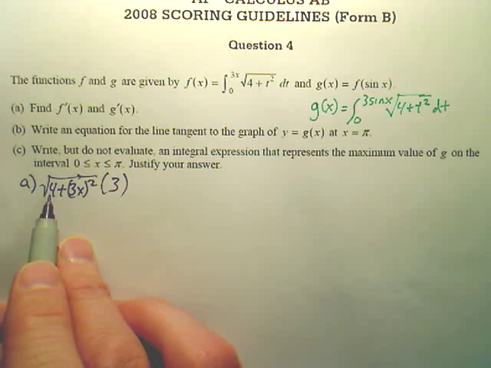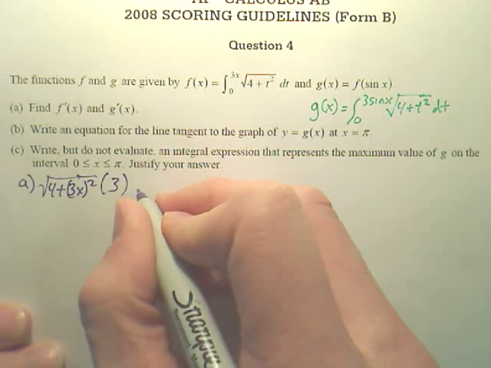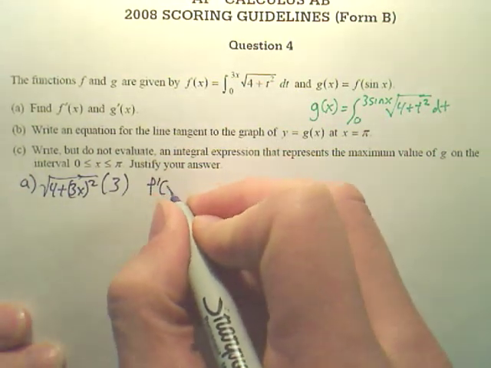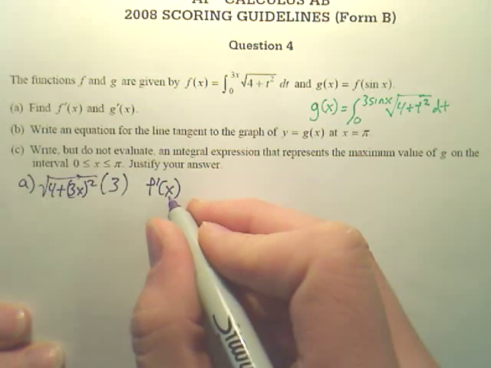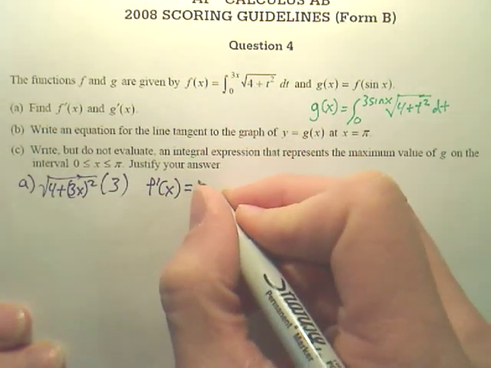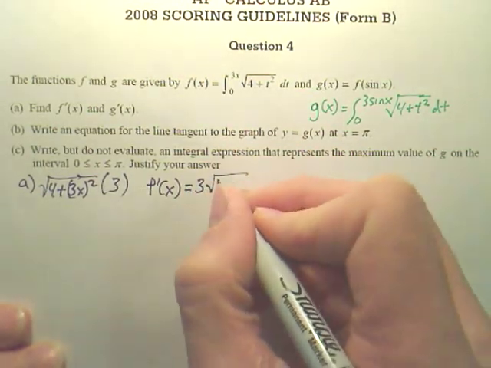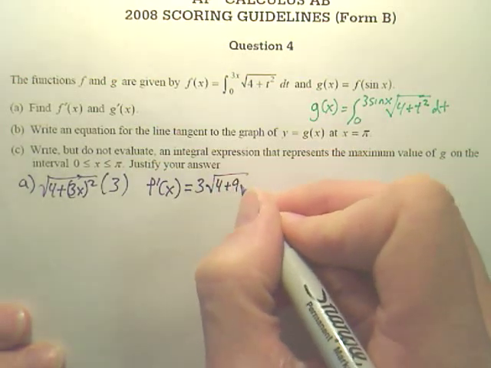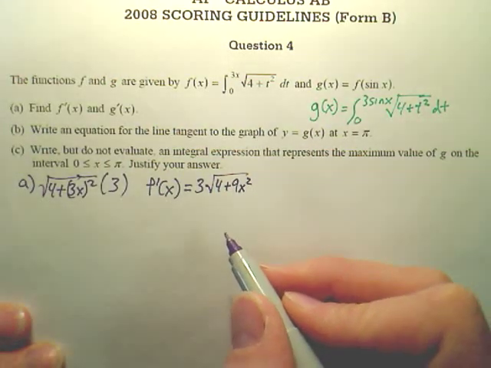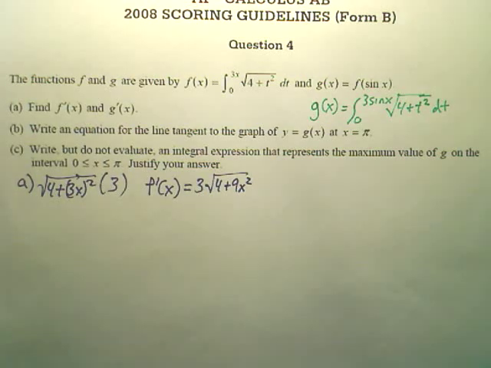Now, would we prefer that probably being like this? I should probably put f prime x so they know which one we're talking about. Equals 3 square root of 4 plus 9x squared. That's the first one. The second one,